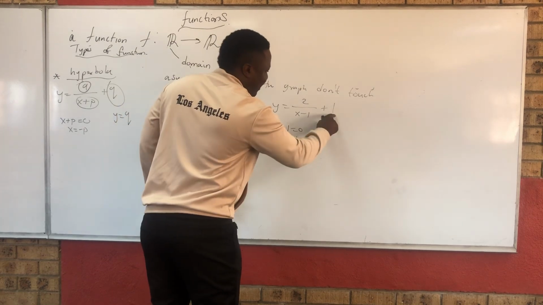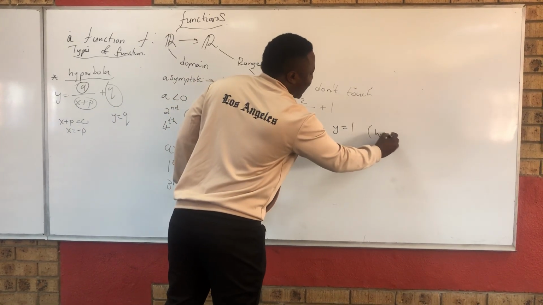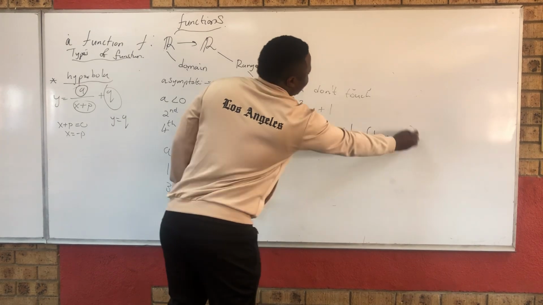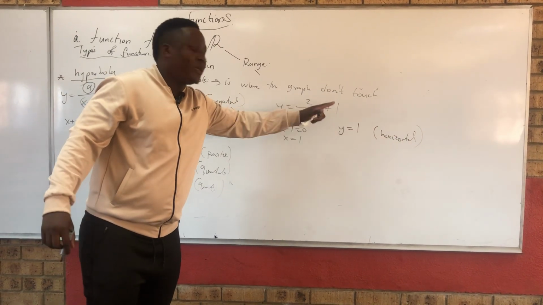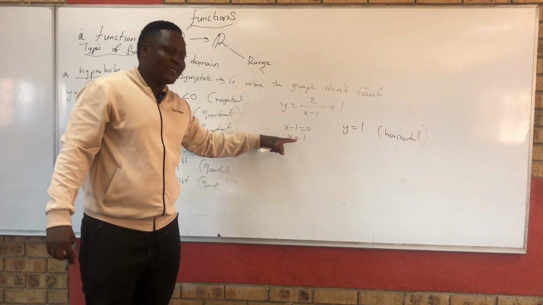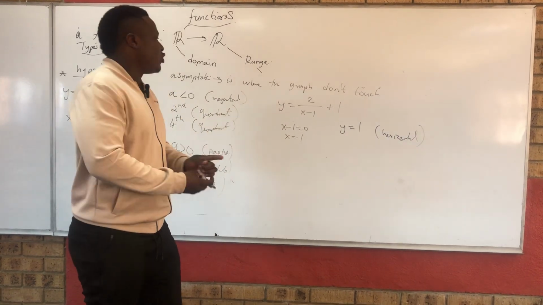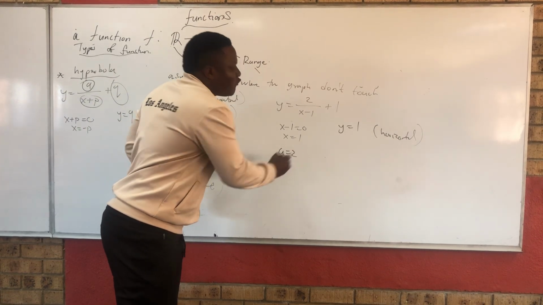And this other one is going to be y equals 1. This one is called a horizontal asymptote. This is where the graph won't touch in the y-axis, and this is where the graph won't touch in the x-axis. So remember, the value of a in this case is 2, which is